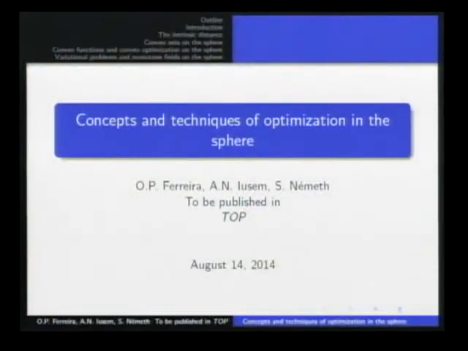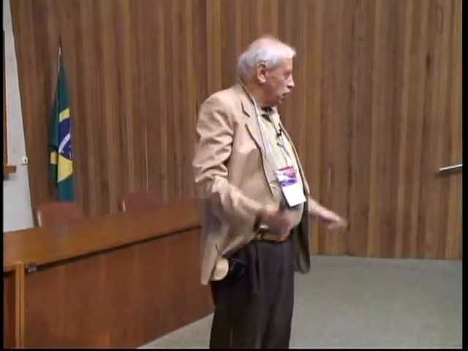Now I'm going to speak about the sphere. The sphere, as you know, is a manifold with positive curvature. When you have positive curvature, unfortunately, projections are expansive. For instance, if you take two points, let's say one in Ireland and one in England, and you project them over the equator, they become farther separated than they were there in the northern hemisphere. Since that happens, the whole convergence analysis becomes really bad. So not much can be said in terms of algorithms and so on